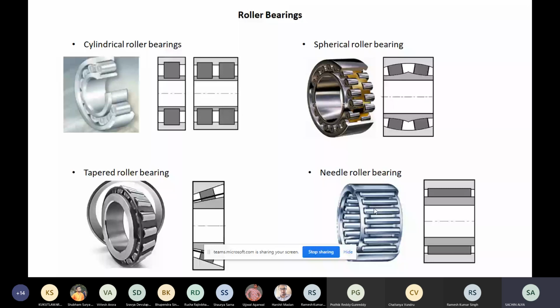The advantage of the needle roller bearing is that it can sustain very high load, and it is well suited for a location where space is a concern. If you have a very tight space between the shaft and the housing, you can go for a needle bearing, as it accommodates very little weight because these needles are very thin.